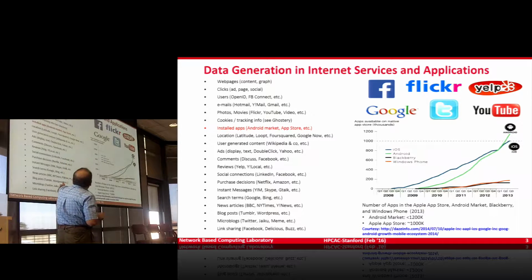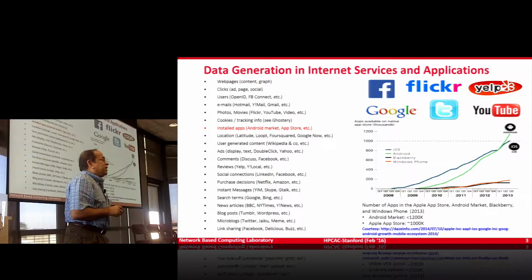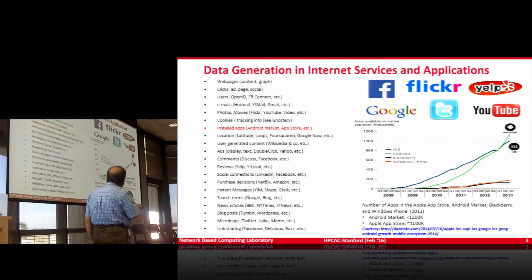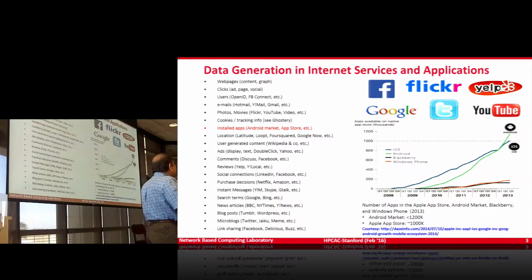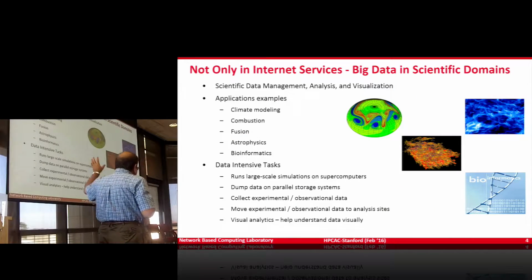So this just shows a lot, especially on the internet side, starting from web pages to clickers to emails, all different kinds of ways data is being generated and people want to analyze that data. If you take only one of these, let's say installed apps, if you see the trend over the years, you will see that the number of apps has been steadily increasing. Okay, so now you can see that the number of apps has been increasing, and the data associated with it is also continuing to increase.